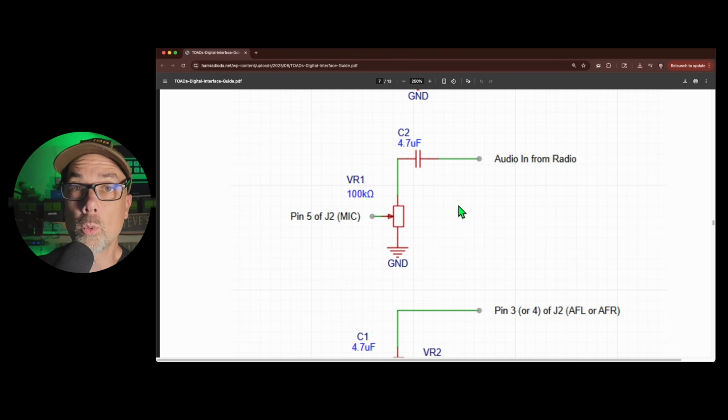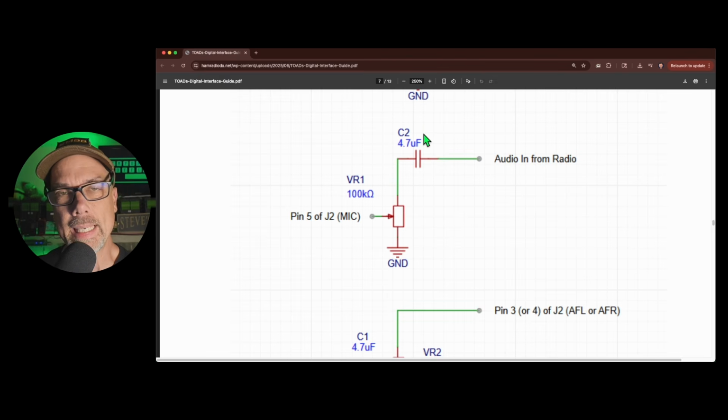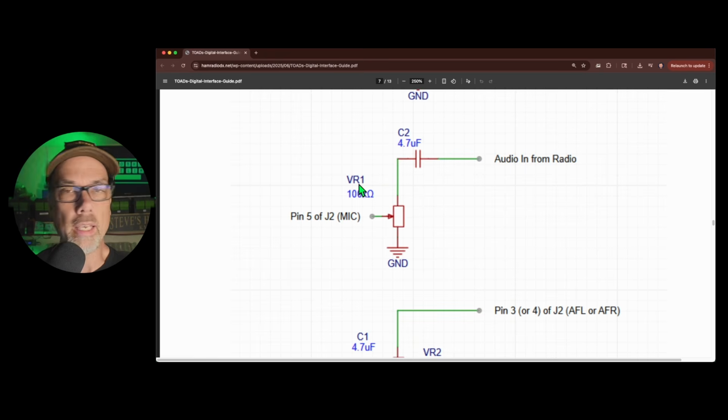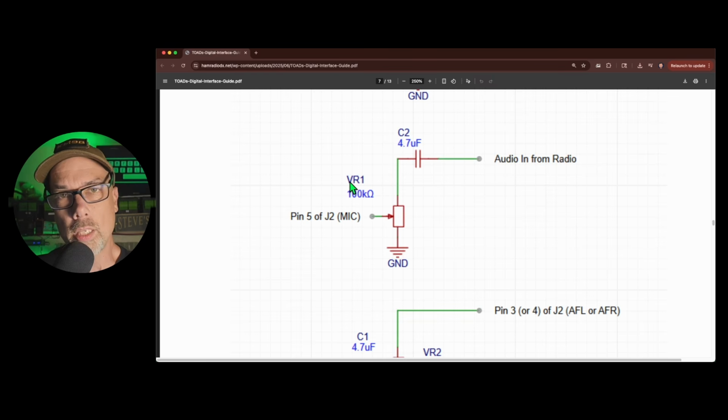So before we get over to the workbench and take a look real quick, your capacitor blocks DC and sort of filters the audio so that you just get the most important frequencies that you need and not a whole lot of distortion. The variable resistor is an audio control and a little bit of isolation from the computer and the radio. Your radio puts out certain levels of audio, and the line in on your computer wants certain levels of audio,